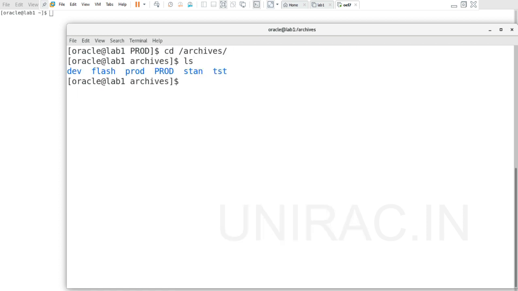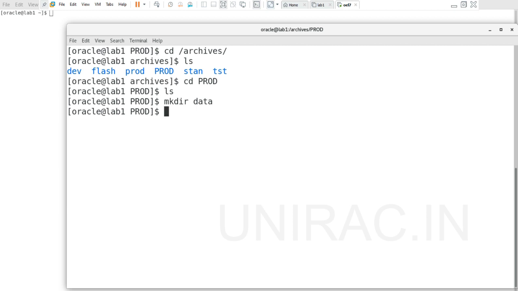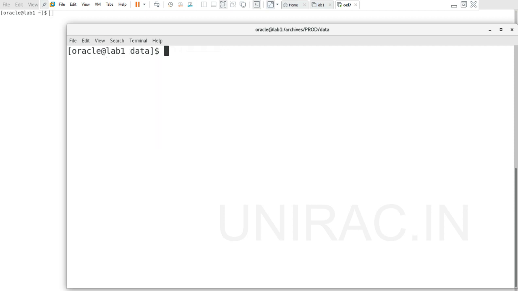We'll create a path where to locate it. We have a prod folder that already exists. In this, we don't have any folders. We can move on to this prod folder. We can also create a data folder. So under the data folder, we'll move our data file. So this is our path. Let's take this path and we'll move.